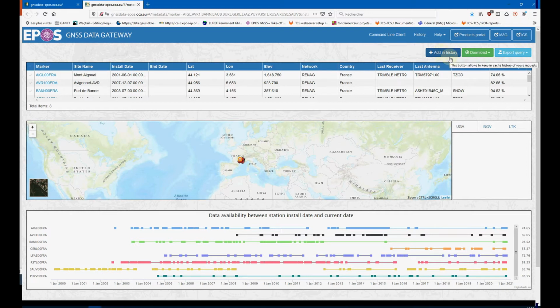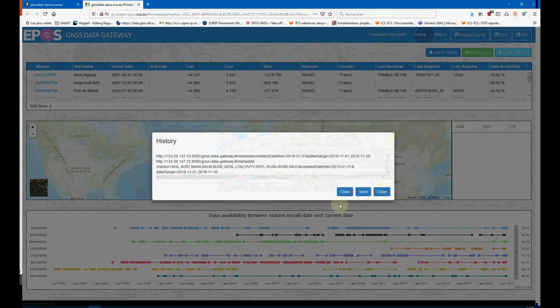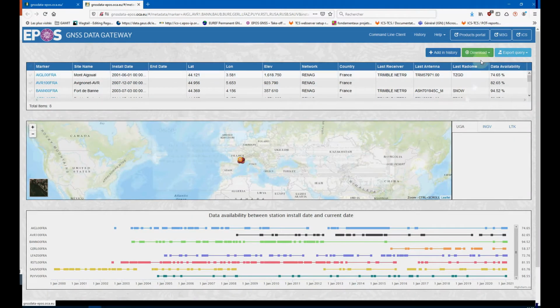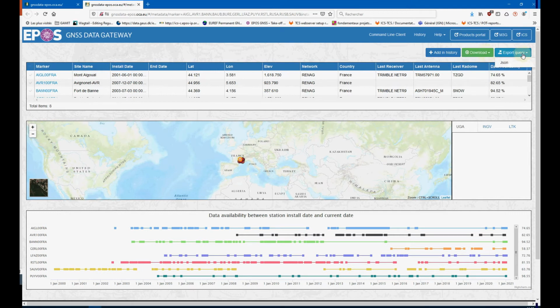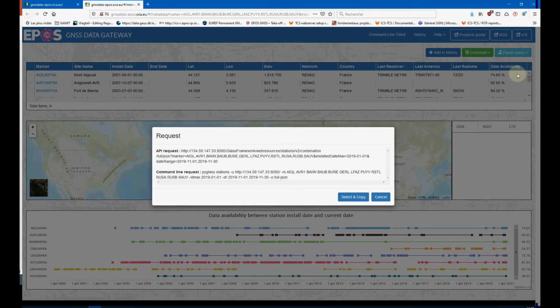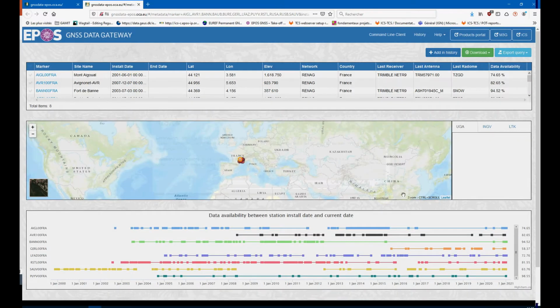Add to history to save this query in your history for later purpose. The download button to download the metadata in GeodesyML, JSON, or IGS log format, which could be the purpose of your search. Or the export button, which allows you to export the query either directly to the API or for using the command line client.